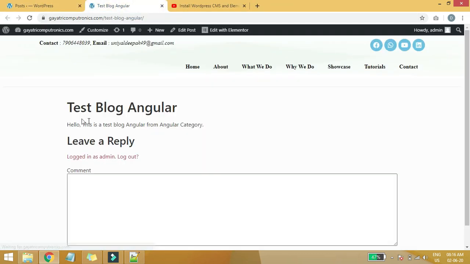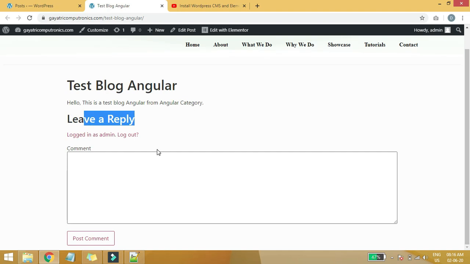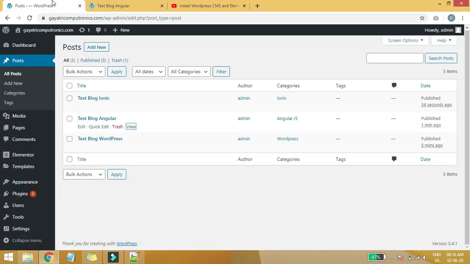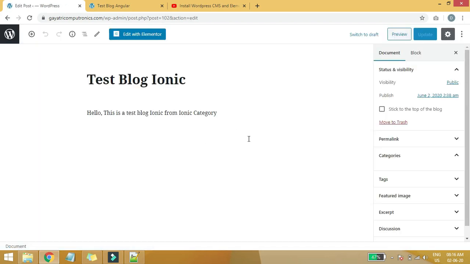So this post we can see here, test blog Angular. Hello, this is a test blog Angular from Angular category, and leave a reply, logged in as admin, comment. So basically any user, an anonymous user or any of the users can comment on your post. You can also disable this part. If you would like to disable this comment section, you can simply do this from here.